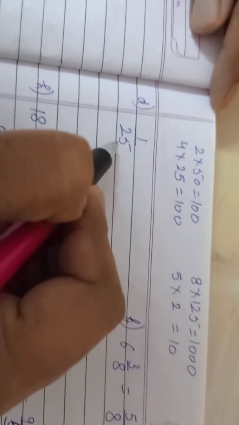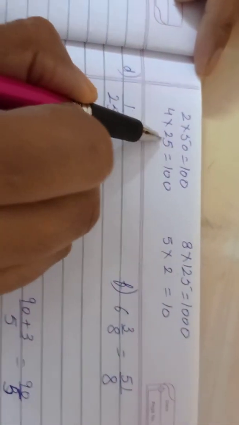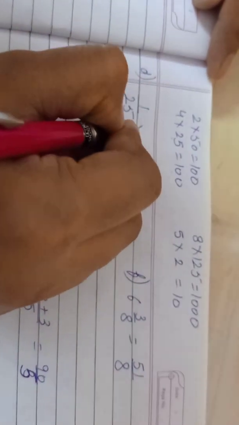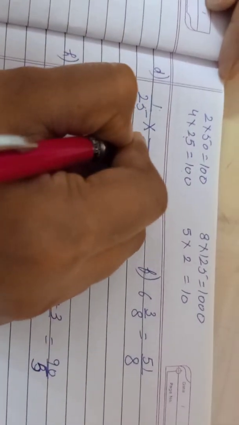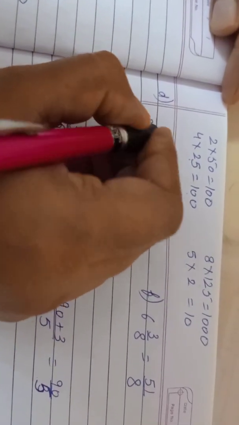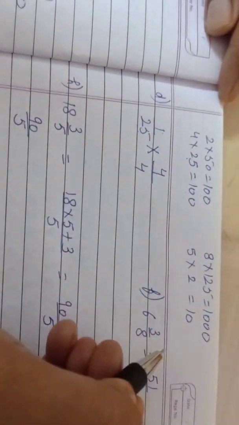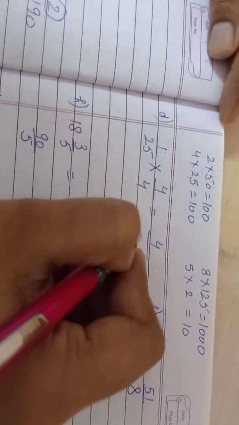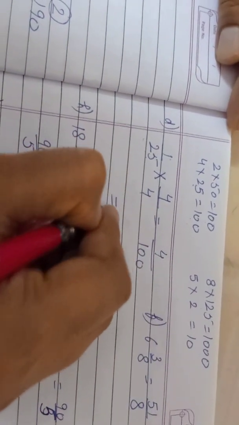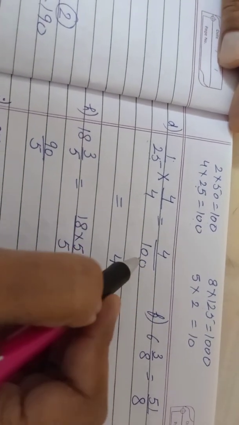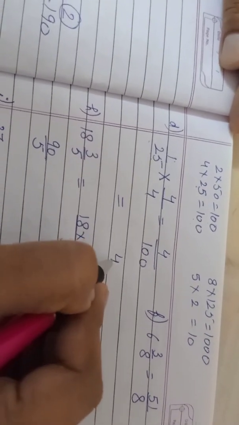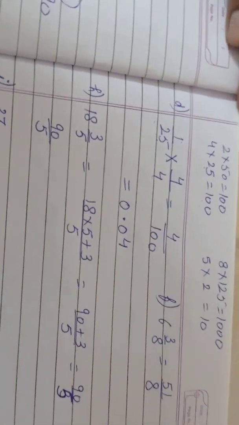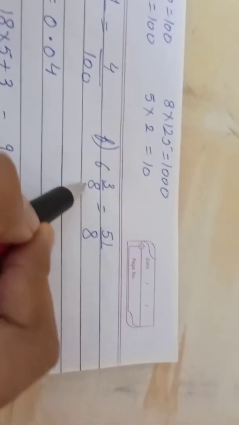Yes, 1 by 25, this I'll tell you with another method. Children, I already told you 25 when you multiply with 4 it will become 100. So I'm going to follow this method. I'll multiply 25 with 4. If you multiply the denominator, then you have to multiply the numerator also with the same number. What will you get? 4. 4 1s are 4. 25 4s are 100. Now let's put the decimal. Write the numerator as it is. How many zeros are there? 2. So leave 2 digits, 0, 4 and put the decimal. This is your answer.